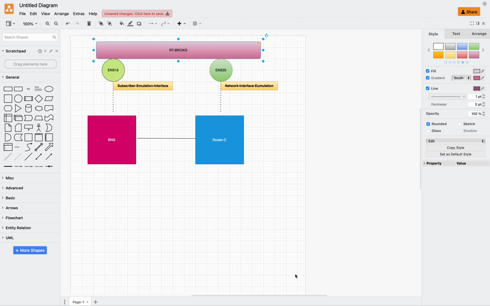Hello. Today we are going to talk about how to use rtbricks, which is a freeware that you could use to simulate subscribers. On the channel, I have posted videos earlier about how to configure subscribers using Ixia for DHCP subscriber emulation and PPPoE subscriber emulation. In this video, we talk about how to use rtbricks, which is installed on an Ubuntu machine, and we use